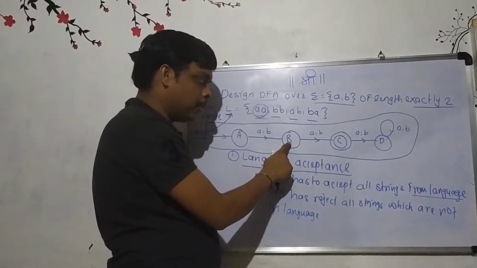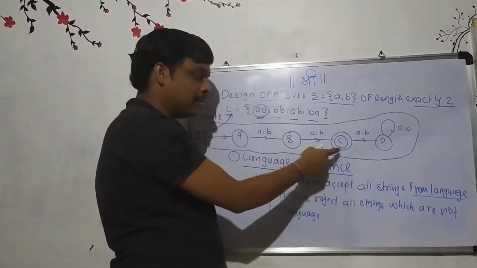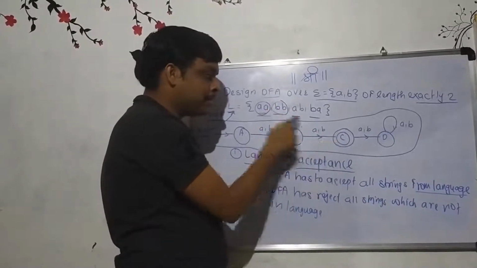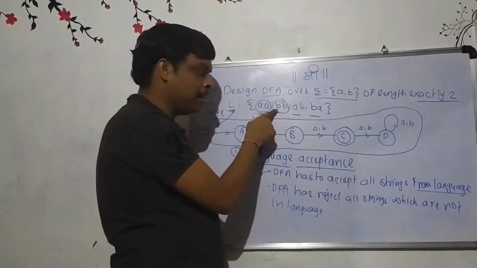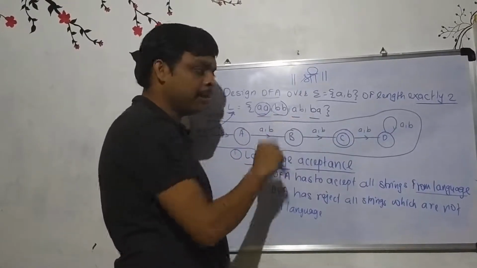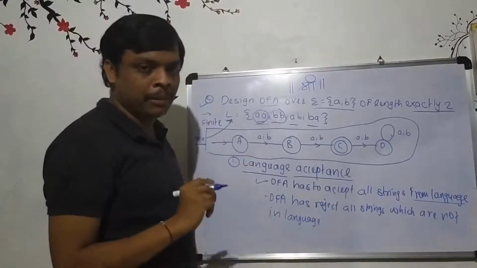Okay, and whenever you are in capital B, if you observe small b, you will be in C. So C is final. So this is the end of this string. So at the end we are in final state. So that's why we can say that BB is accepted. Same case is there for AB and BA as well. Okay, so this point in detail we have already discussed in our previous session.